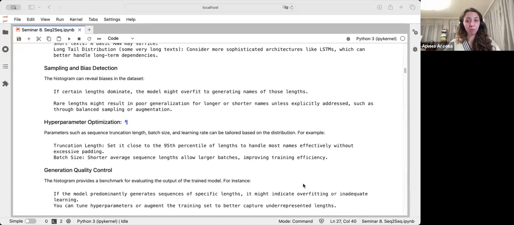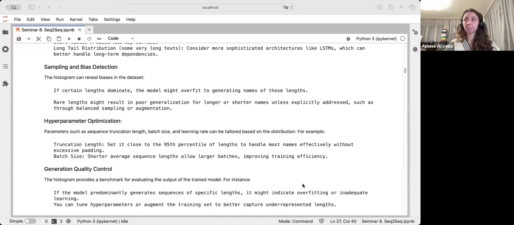For example, if we delete some unusual long examples, we can decrease the computational complexity, because we will see a little bit later how we need to